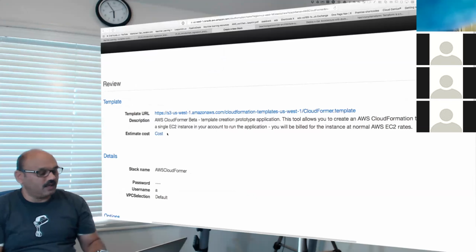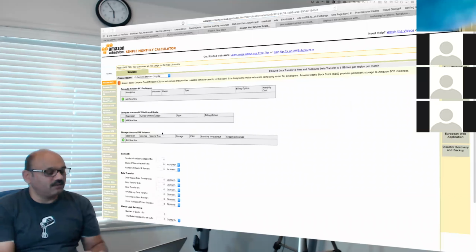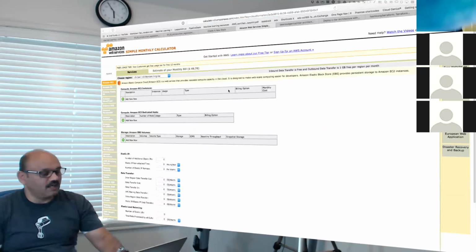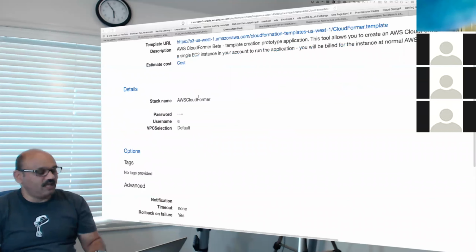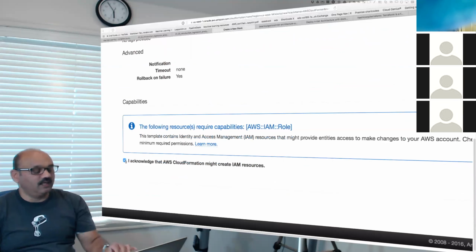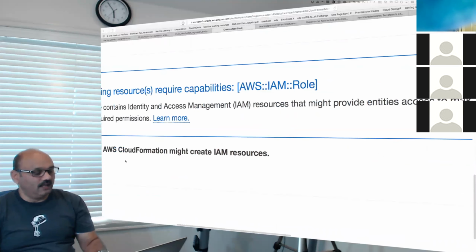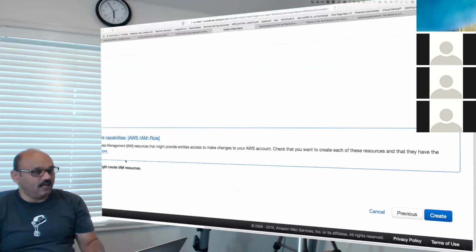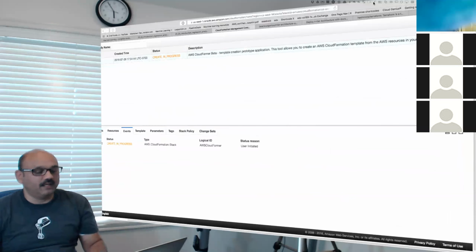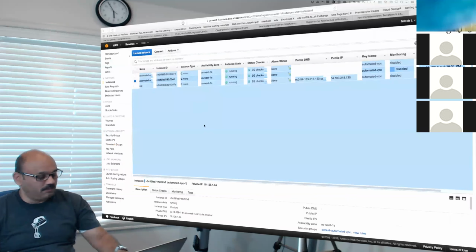The estimated cost for this is going to be about $49 per month. I don't think we ought to run it for the whole month, so I don't worry about it. We have chosen the name CloudFormer and a password and a username and all that. So with that understood, I will acknowledge that this will create resources in our cloud. I acknowledge that, and then I will proceed to creating this particular CloudFormer toolkit. It will actually create a new machine, by the way. You will see that happening in here. A new machine will pop up right on this page.